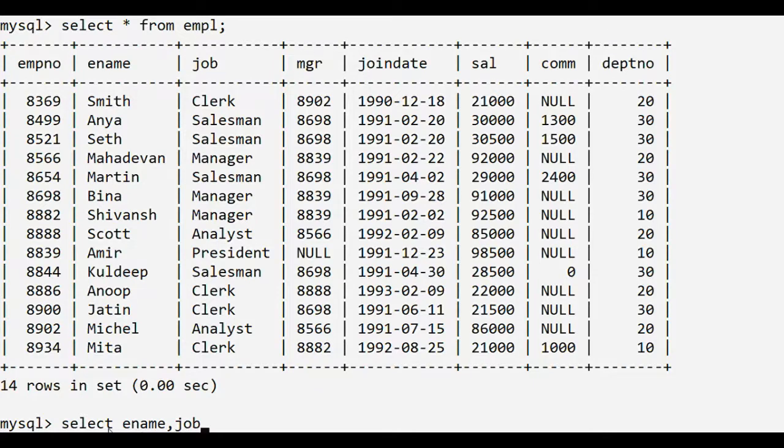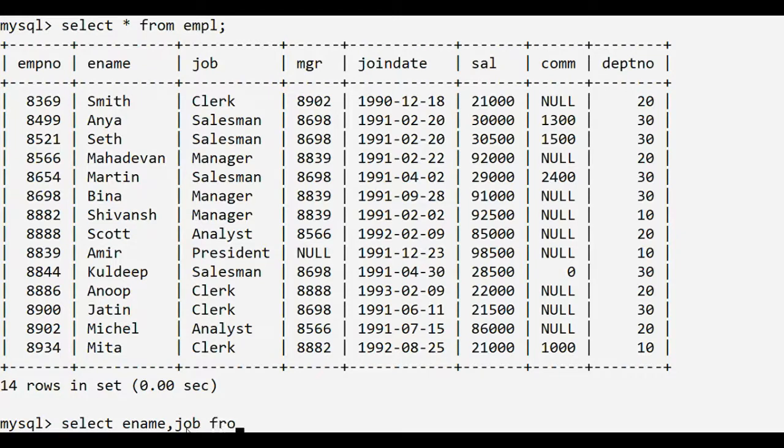After the select command, either we write an asterisk here that represents all columns of the table will appear in the output. This time we need only two columns to appear in the output. So instead of placing an asterisk, we write only the names of the desired columns separated by commas. So we write ename, comma, job.